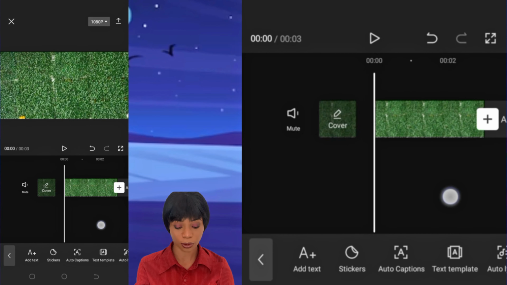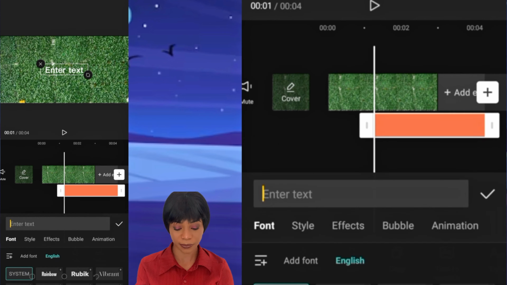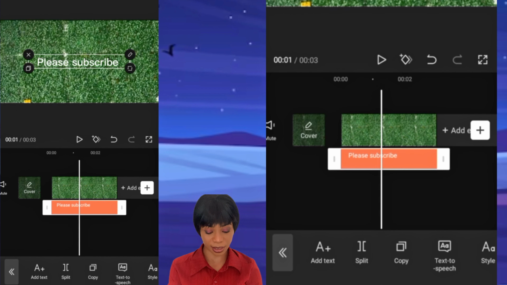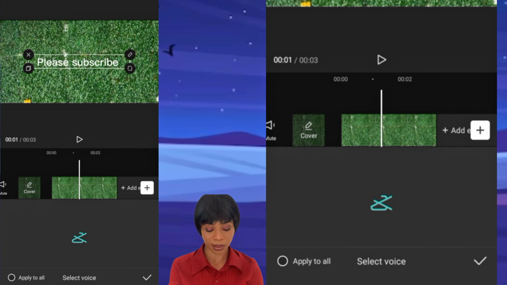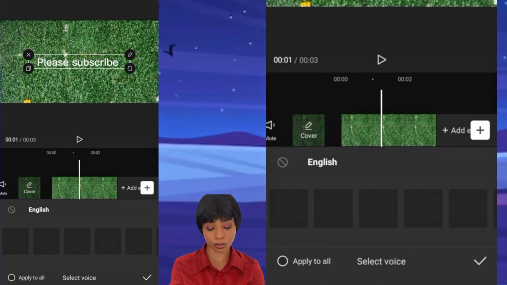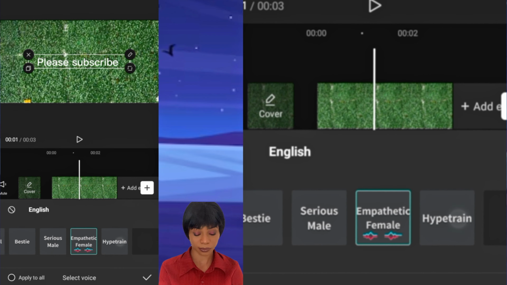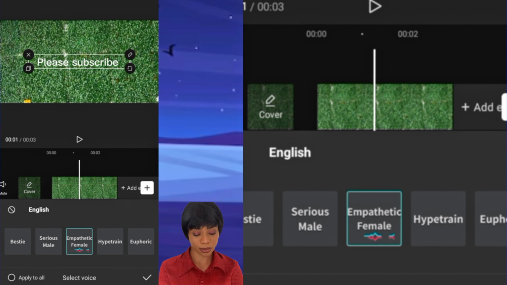And this brings us to number 3 on the list, which is turning your text to speech or even song. Open up your CapCut, tap on text. The next thing you are going to do is tap on that text. Under here, you will see text to speech. Then you tap on it. You need internet to be able to load all the speech. You are going to pick from any of the available options. Please subscribe. Then it's going to turn